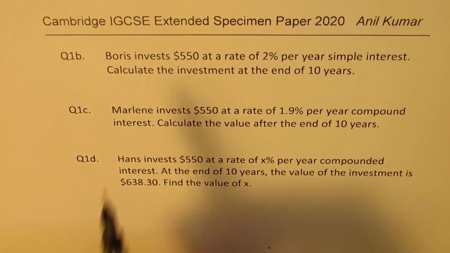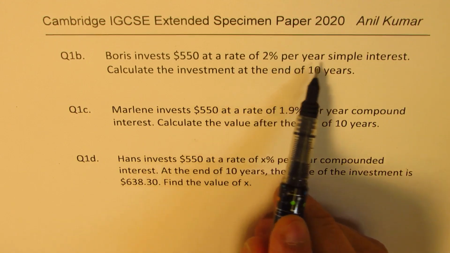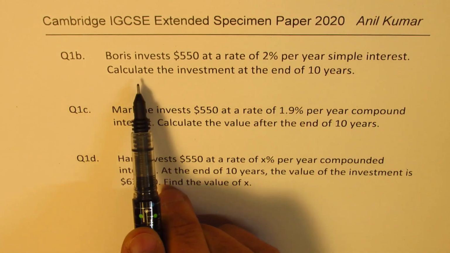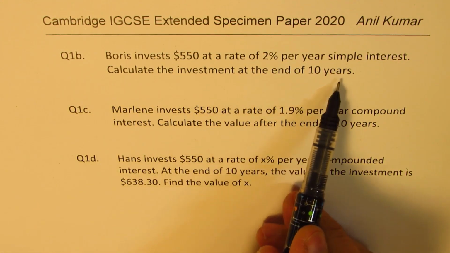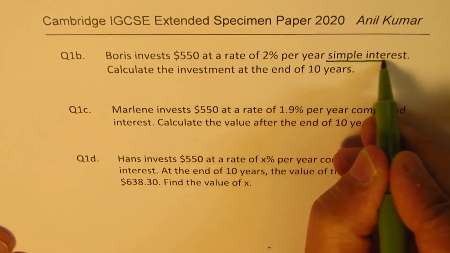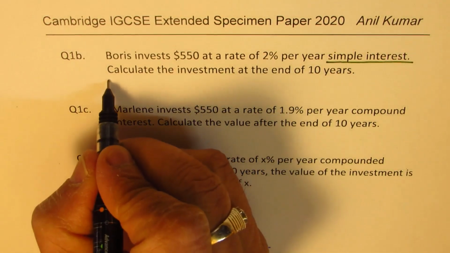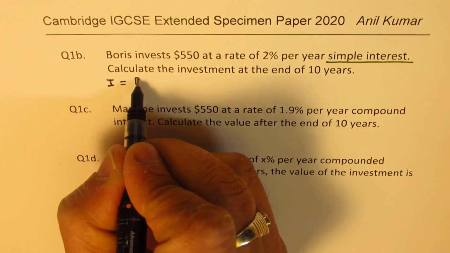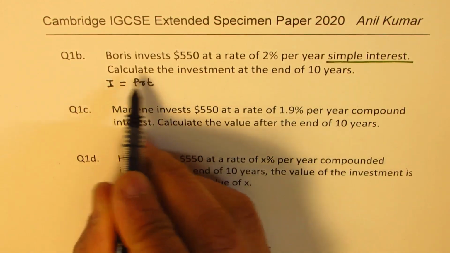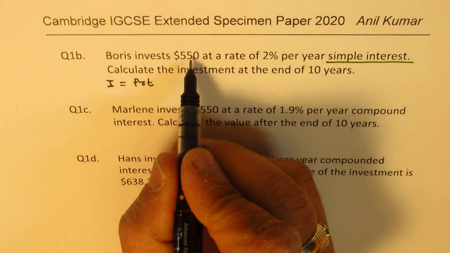Question 1B. Boris invests $550 at a rate of 2% per year simple interest. Calculate the investment at the end of 10 years. So the money is going to grow, right? And it is a question based on simple interest. So P equals to, so interest is PRT, right? So in this case, we can find the interest, which is PRT. So that is the amount by which the money is going to grow, and we'll add this to the original